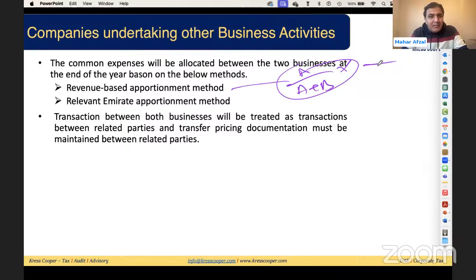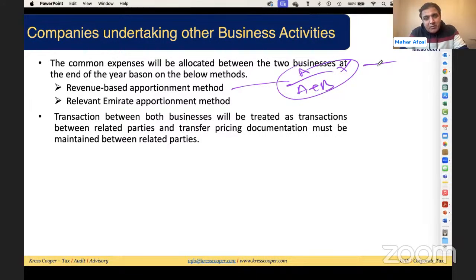There is a relevant Emirates apportionment method. It has been given in the guide that if the respective Emirates has given the apportionment, this apportionment will override the revenue-based apportionment. So if the relevant Emirates has given a specific percentage, like in the guide they have given a